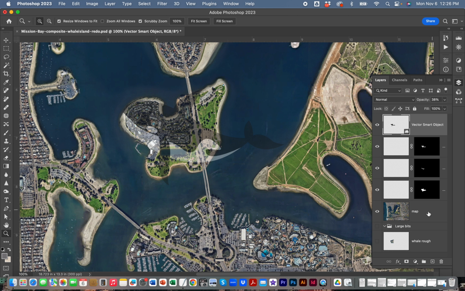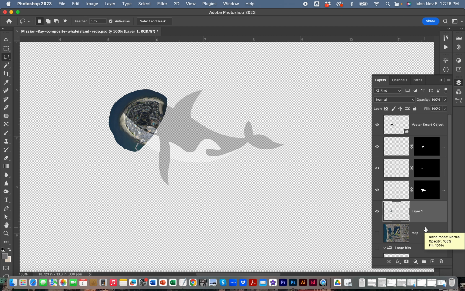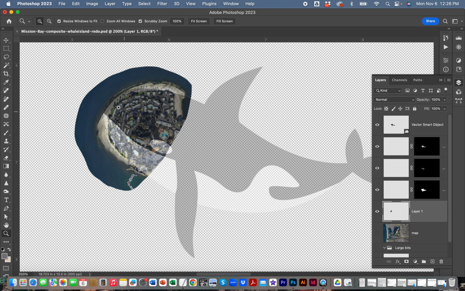So we're going to select our map layer, and there's a lot of ways to select things in Photoshop, as you probably know, but I'm just going to use my lasso tool to select and paste. So now on this layer, if you can see, I've got it there. And I'm going to hide the map layer just so I can see what I'm doing a little bit better, and try and get this shape of this island to fit the head of the